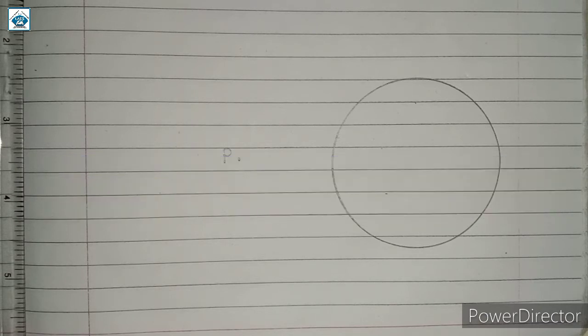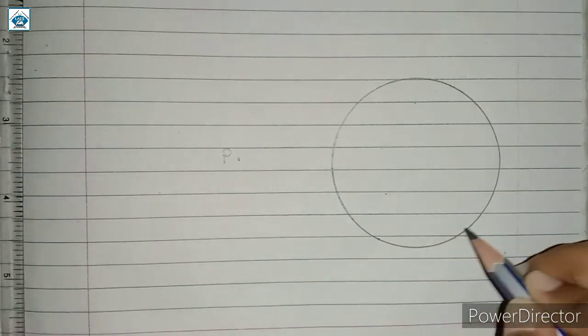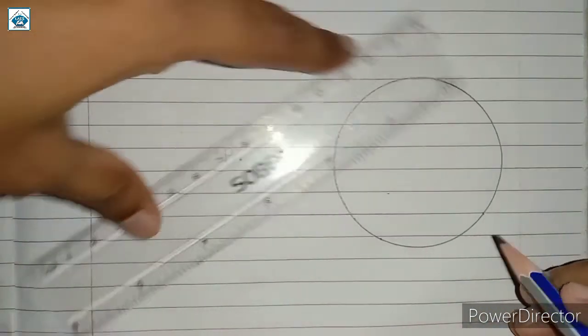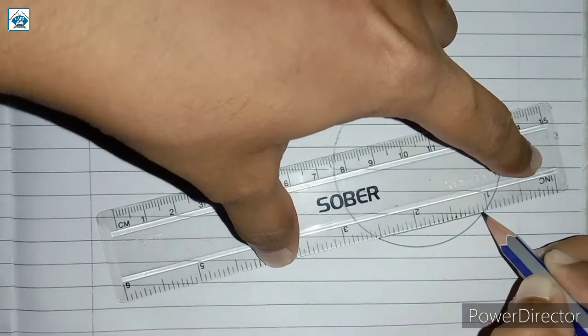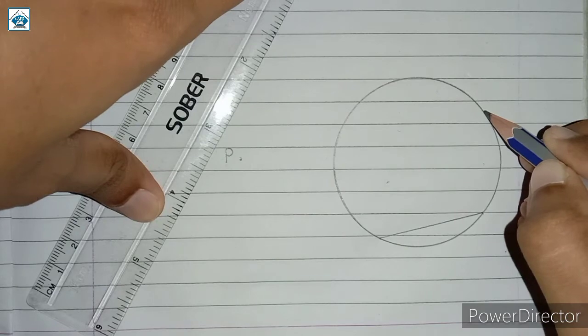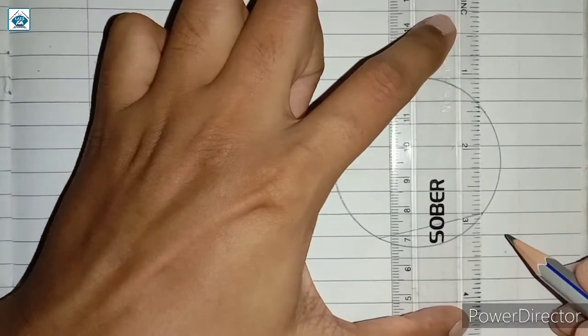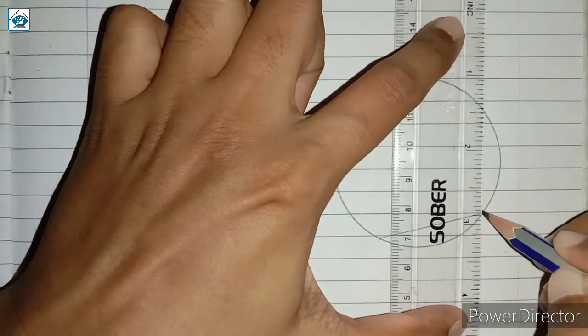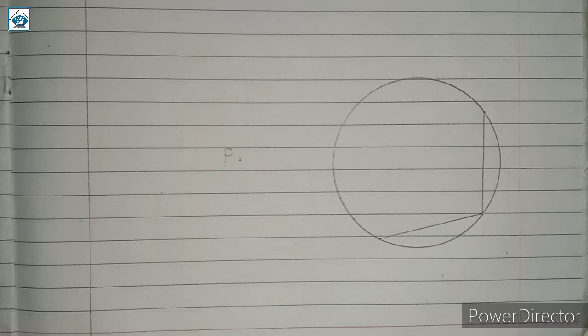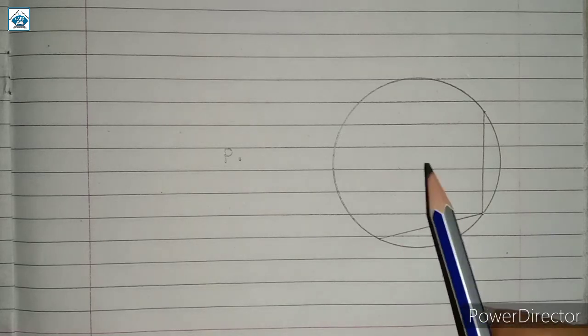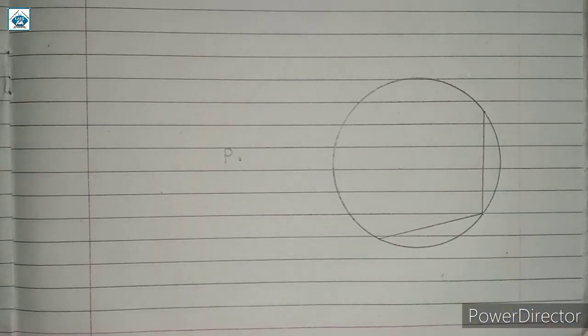So here we will be constructing chords to this circle. Take any two points on this circle like this and join them, and here we have a chord. Similarly, take another point over here and join these 2 points. So you have 2 chords. Now I will tell you the reason why we have taken 2 chords. But to find the center, we are going to construct the perpendicular bisector of these chords.